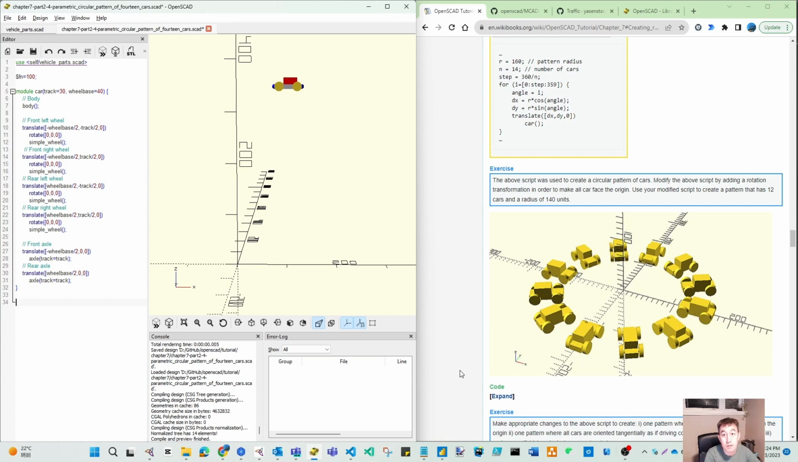So first let's do the radius. Let's use 200, so pattern radius. Then number is 14. So we did this. Don't forget about the semicolon. So number of cars, that's the first thing, and the step is equal to 360 divided by number. And then we're starting to have our for loop with the open and close parentheses, and